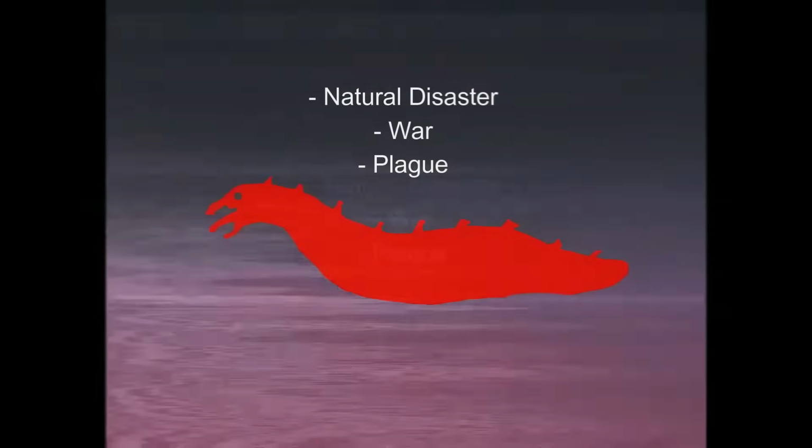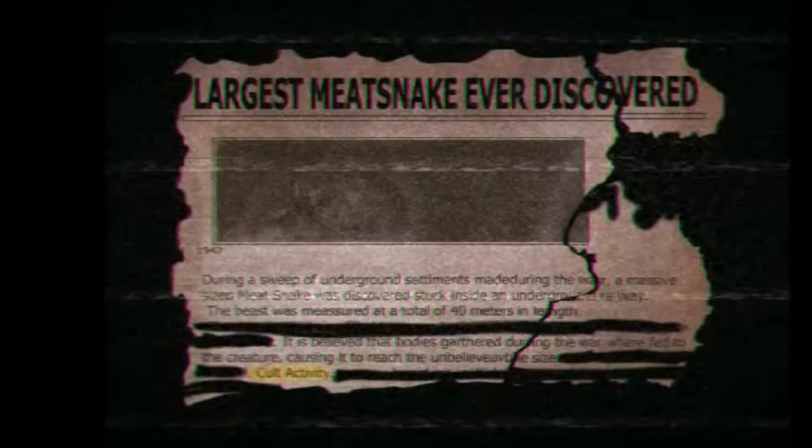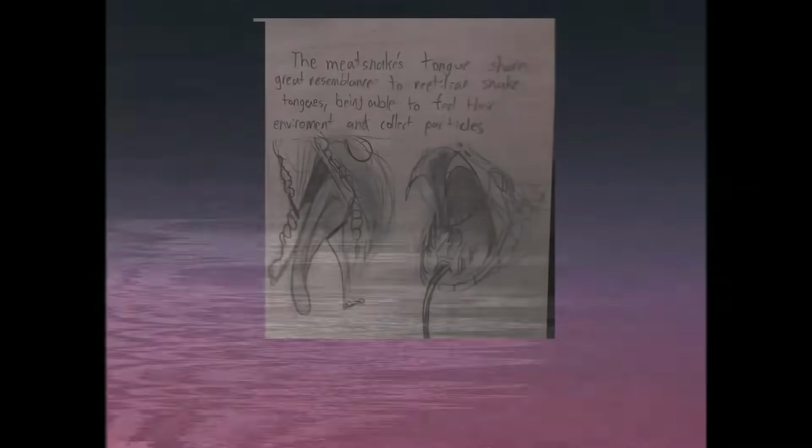As we can see in a quick news article flash, the largest meat snake ever recorded was found during the sweep of an underground tunnel after World War II, measuring in at 40 meters, or 130 feet in length. Also, the article doesn't tell us explicitly that this event took place after World War II, but a small year reading 1947 can be found on the article, which for those of you who don't know, is about 2 years after the war ended. It seems that the corpses gathered during the war were fed to the meat snake, but perhaps the most interesting bit of information we can find is a highlighted bit of text that reads nothing but 2 words: